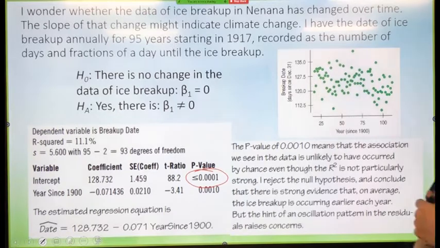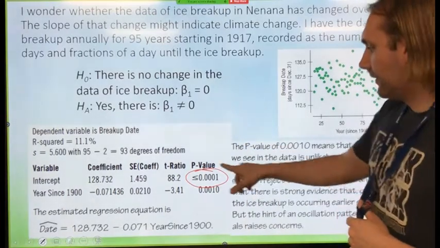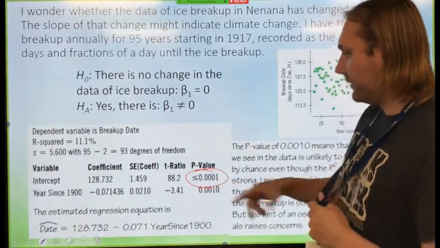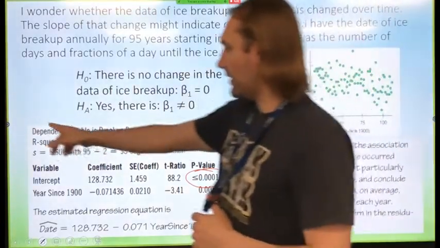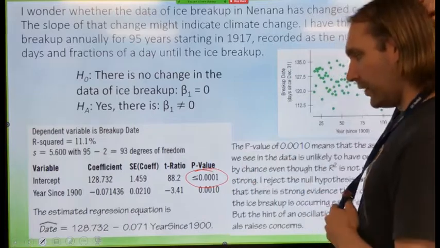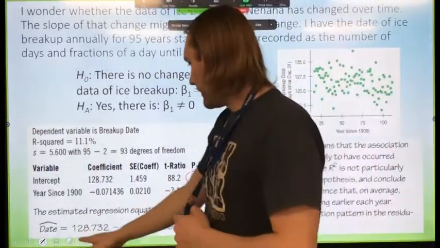So again, we're going to run a t-test. The t-test is going to give us a p-value, and we're going to use that p-value to reject or fail to reject our null. But just FYI, this is how we are going to set this up. Notice here is my regression model